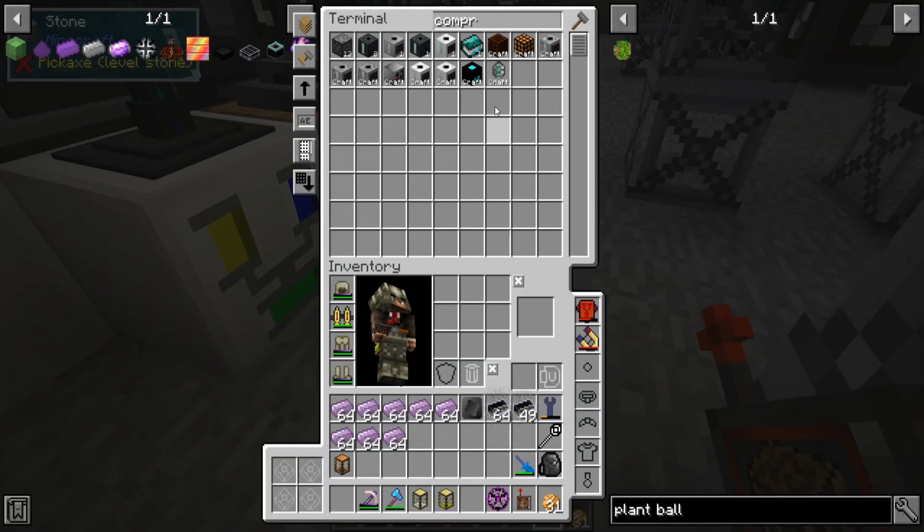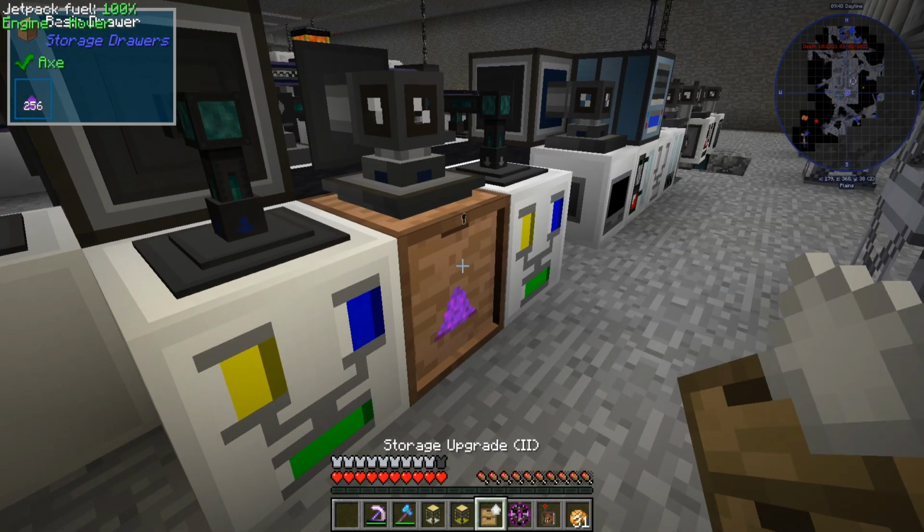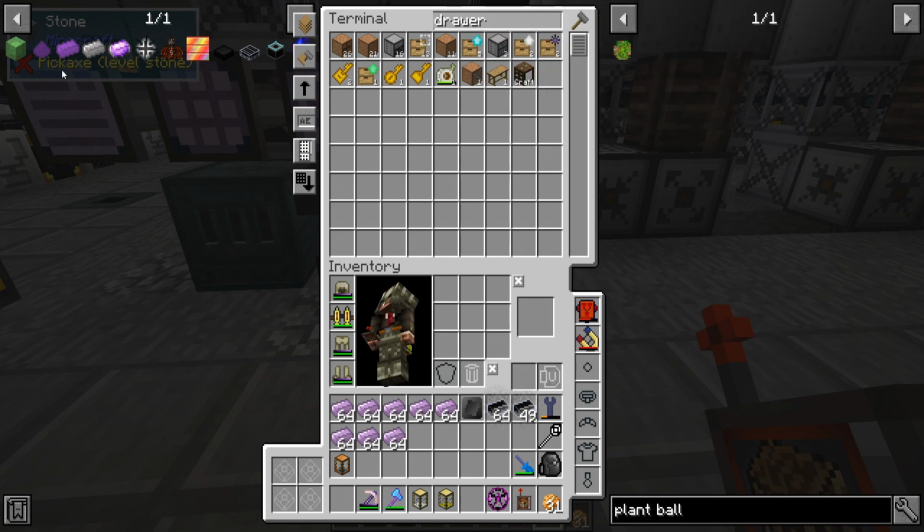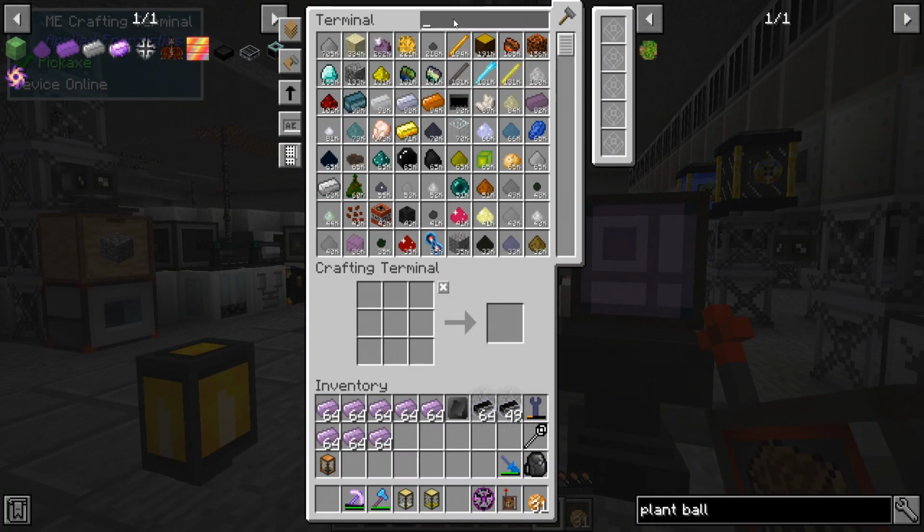This is actually another drawer that I want to upgrade. So let me grab one of these and do that. So we should be good. We're going to backlog slowly on Manulin and then I'll smelt that up. So let's set up something different. First things first, I want to order